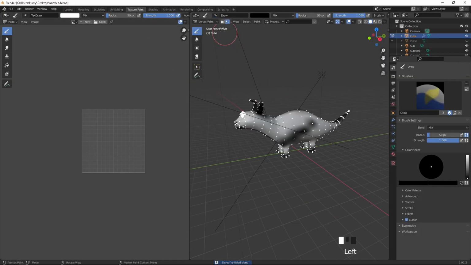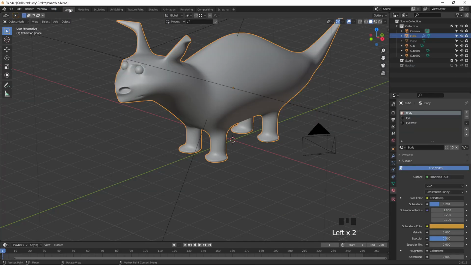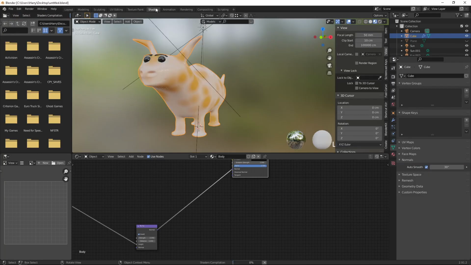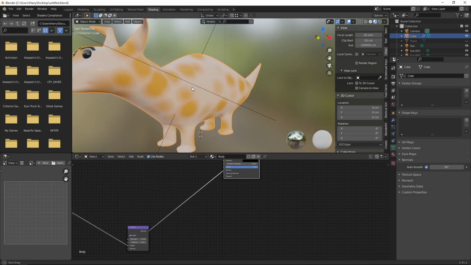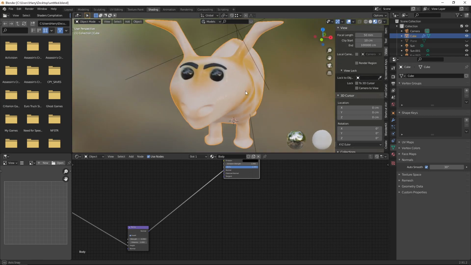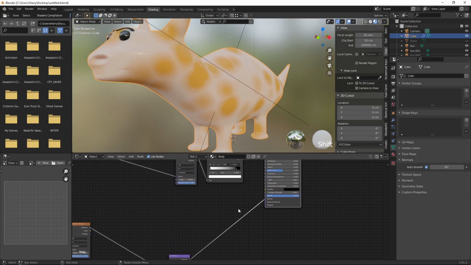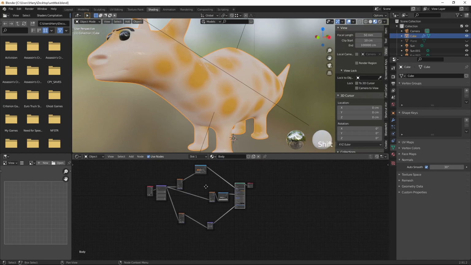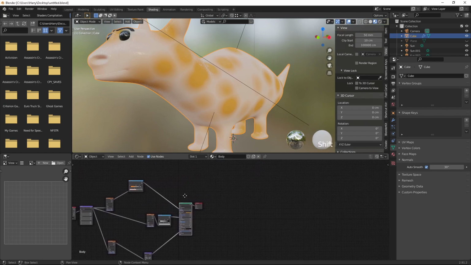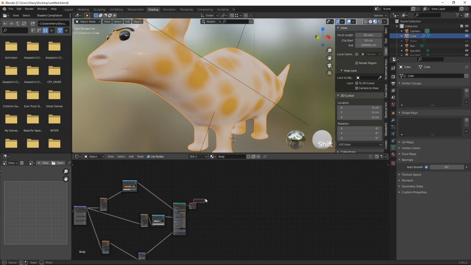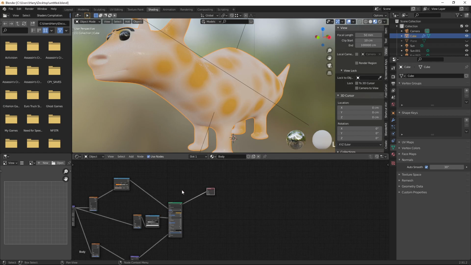So back to the object modeling layout, go to the shading. Now we can add one more texture here for doing a mix shader.